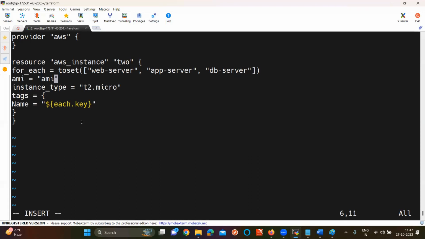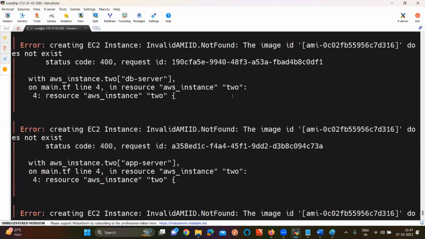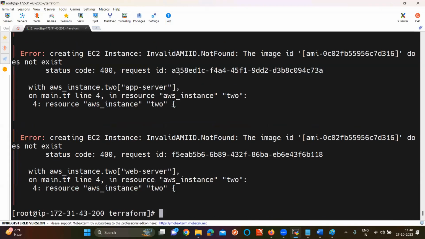Fine now. Now just take your terraform apply command directly. It is going to create 3 servers and it is going to give names for 3 different servers. See here, how many servers are there? AMI ID not found. Hey, man, what is it doing?